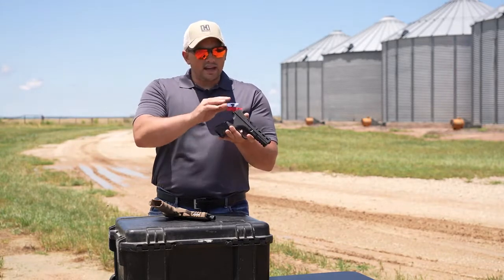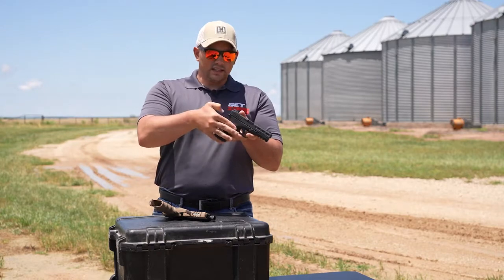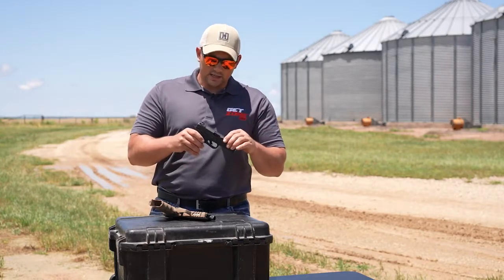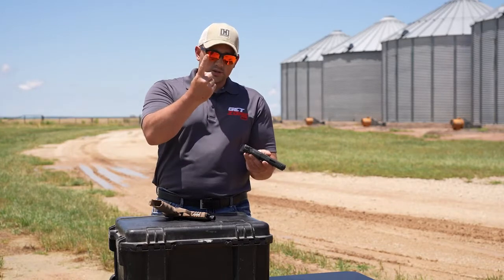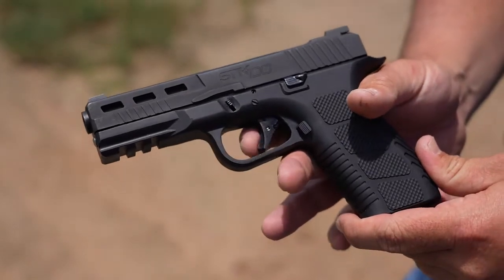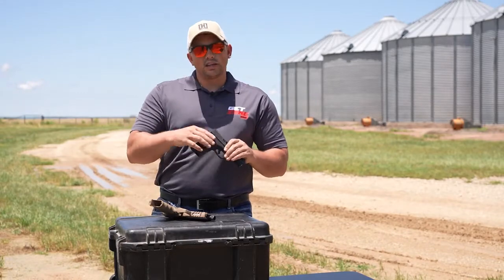One negative to having a striker fired is you can't visibly see that the hammer is cocked. You have to assume that this is always cocked and ready to go, which you should do with any firearm for safety anyways. Another thing is there is no actual physical safety on this. The safety is your trigger finger. So whenever you engage the middle section of this trigger, then you can fire the firearm. It is very rare, but there is the odd chance that you could snag that on your clothing and accidentally